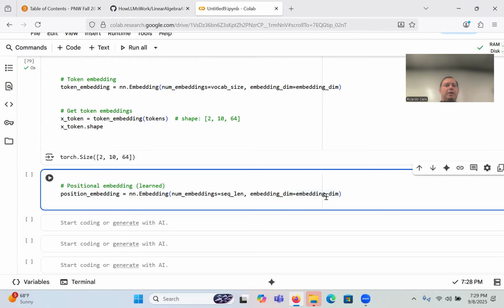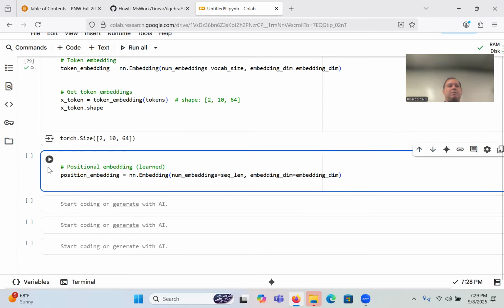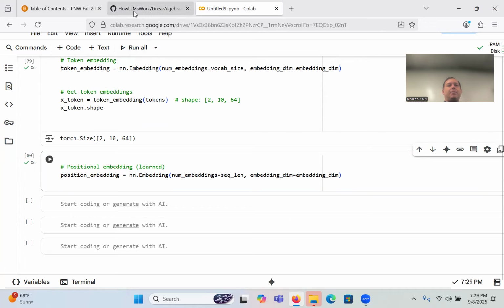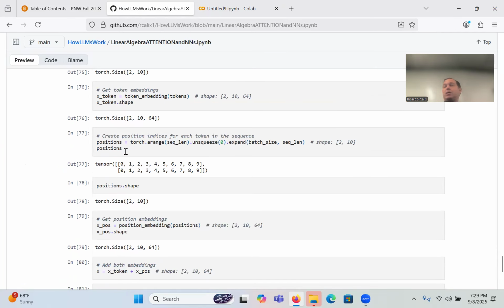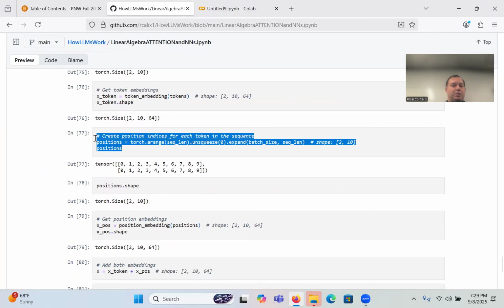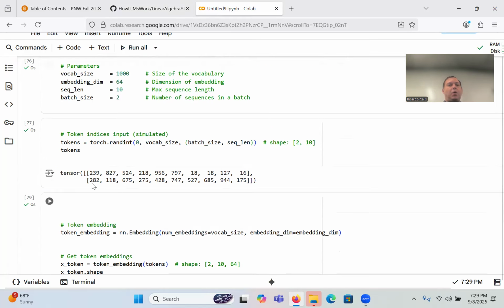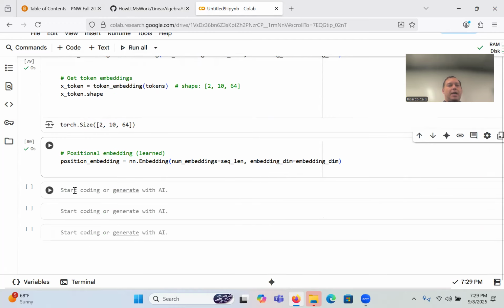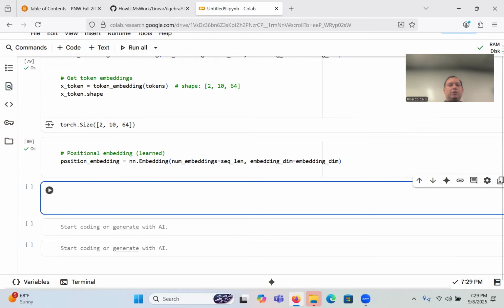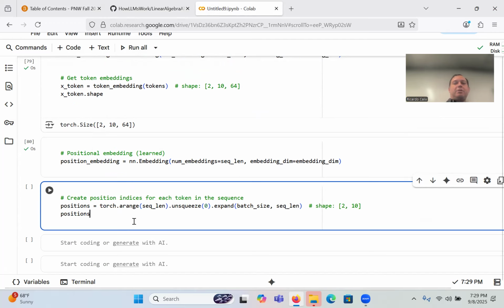So it's almost fixed in a way, right? So I create the positional embedding. And I did token embedding here. So now here is the magic. Take a look at this. Where before, my two sentences looked like this for the actual tokens, now they look like that, right? So if I run this,